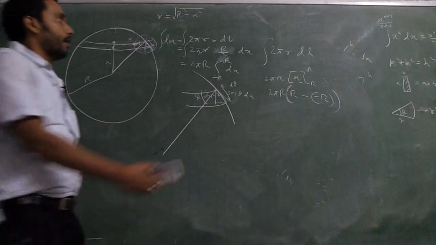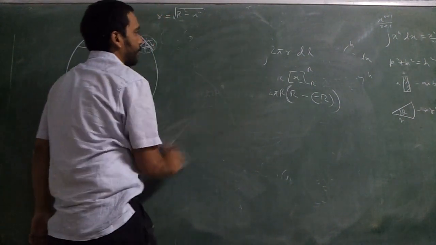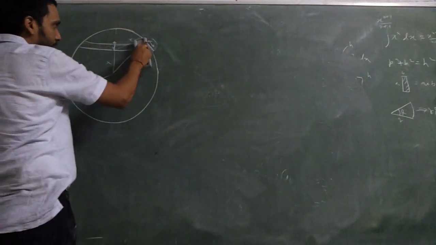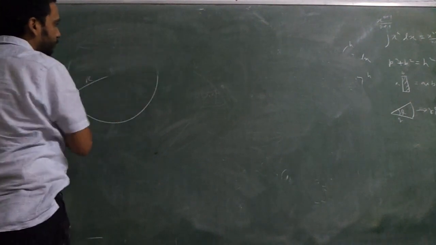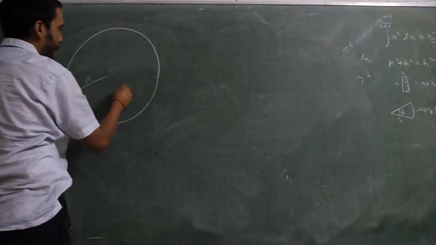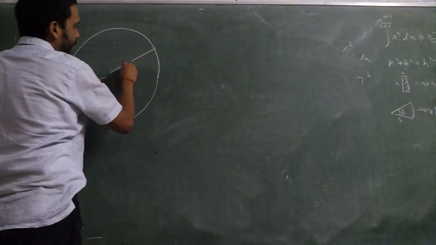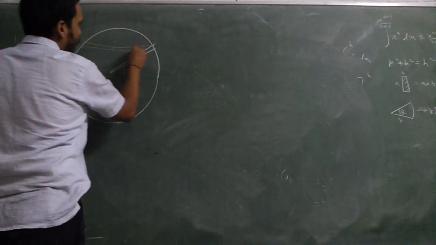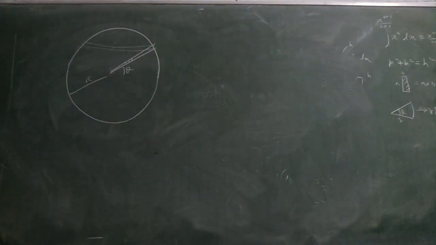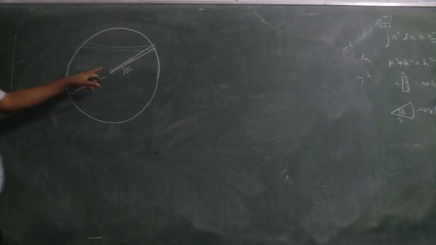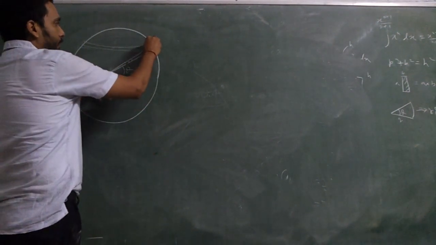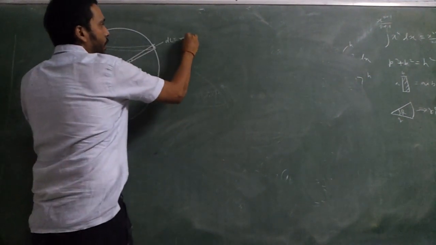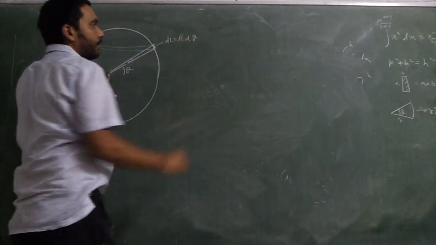Okay? If I want to do it some other way, since I don't know the under roots and all other things, I'll try to use theta as my variable. I'll say at any random angle theta, let me construct a d theta strip, and this area I'll try to find. What is the slant length? This dl length is equal to capital R d theta itself, or not?